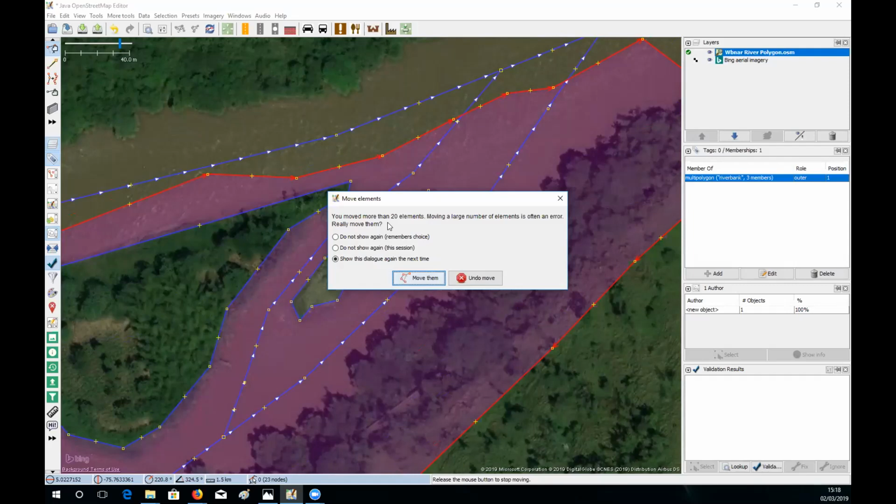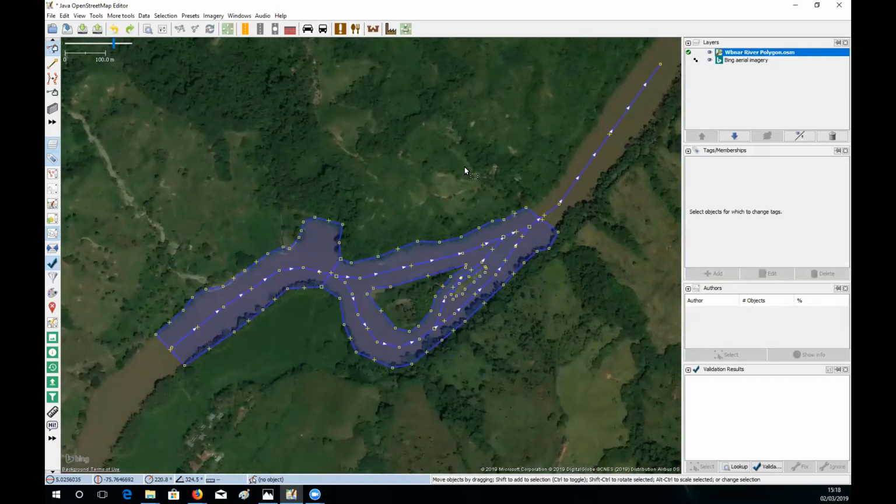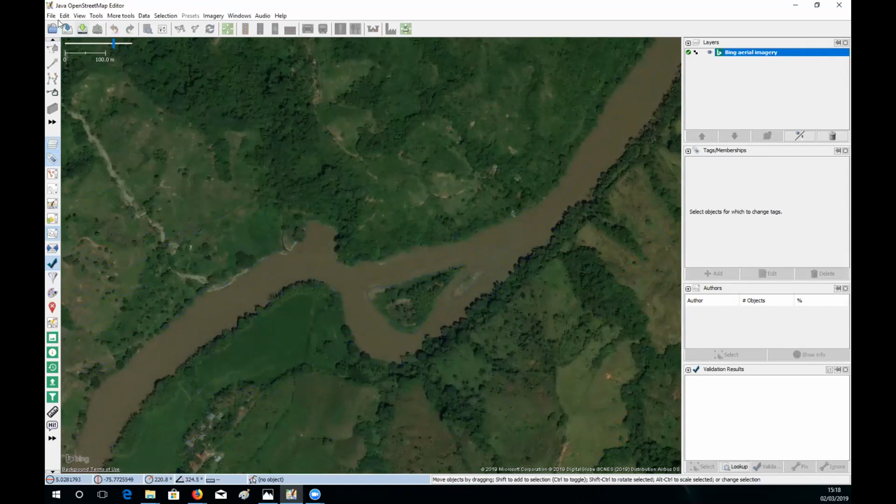Now, if you take a look here, it does come up with a warning that you're moving a large element, and do you really want to do that, or undo the move? Okay, it will warn you. Right. Now I'm going to move on, and let's try and do